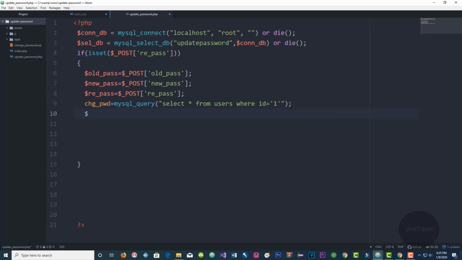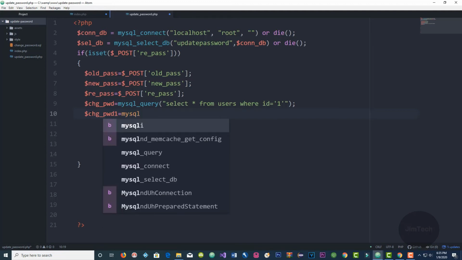Now let's continue. We said the dollar sign. Oh, I forgot to put the dollar sign here. Okay, dollar sign. Check password 1. Now at this time we said change password 1, echo MySQL. This one we're gonna use fetch